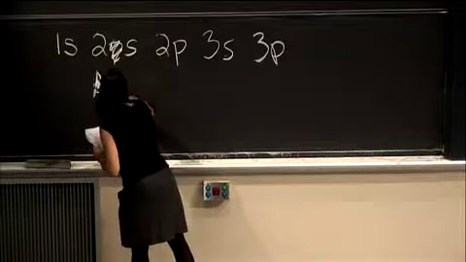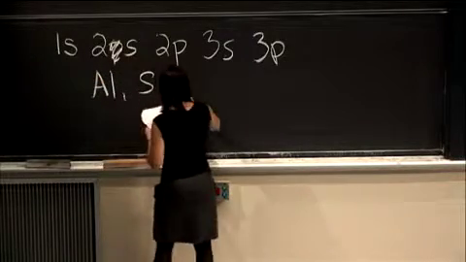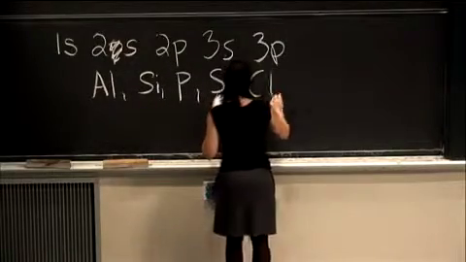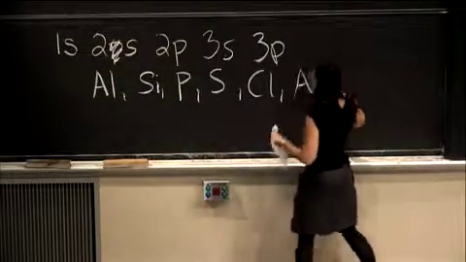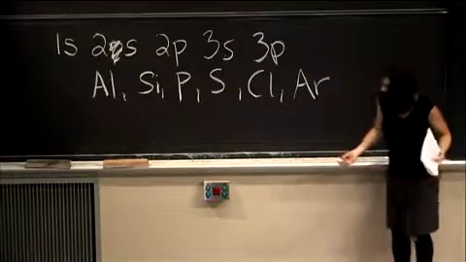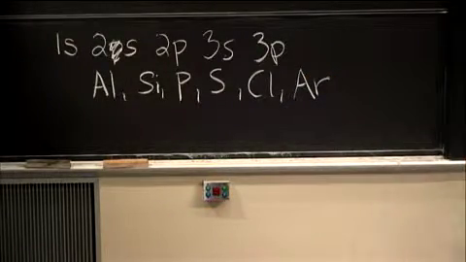It could be aluminum, silicon, phosphorus, sulfur, chlorine, or argon. Any one of these different elements could actually produce a photoelectron spectroscopy spectrum that has 5